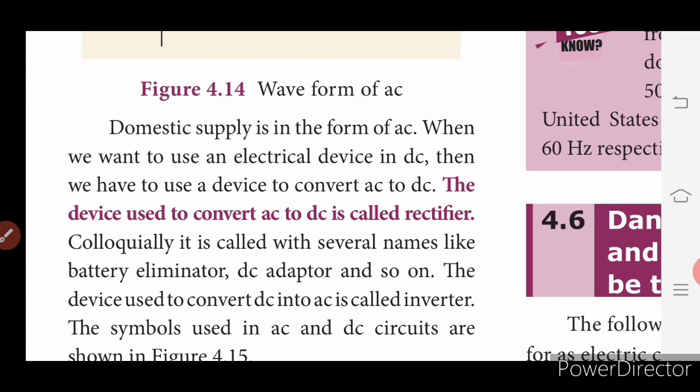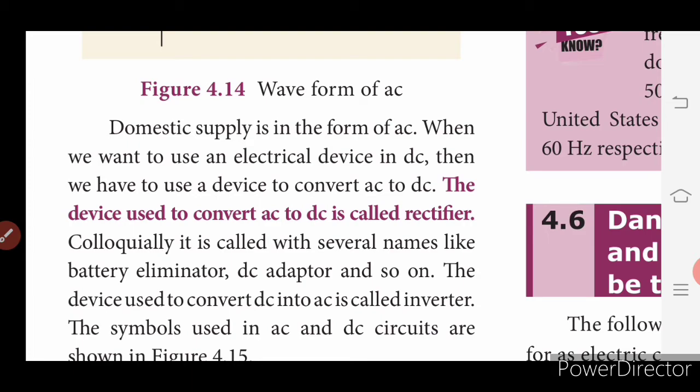Because inverter is what we used during the power cut. We had a power cut 3-4 years ago, where many houses and institutions used this inverter to run fans. A simple inverter is used to run important appliances at a particular time when we are in need. We want a system to run in the power cut, so we can use this inverter to switch on a fan and a bulb. For this purpose, inverter is used.